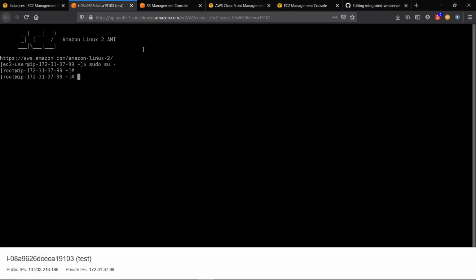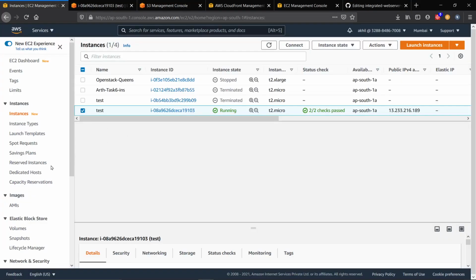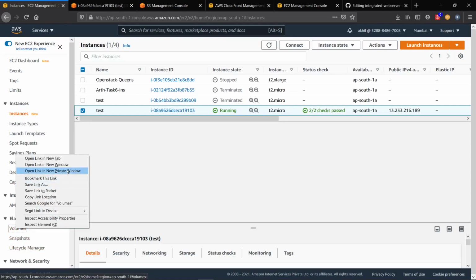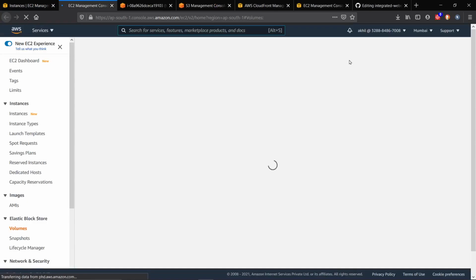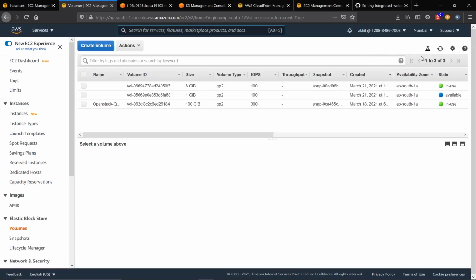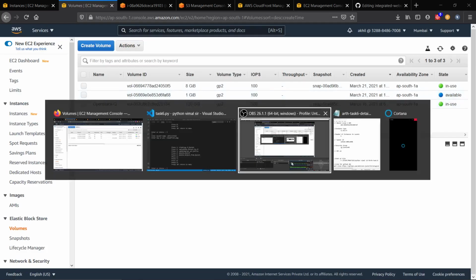We have to attach our volume also, so we can attach from here. We can see it is available, so we can attach.